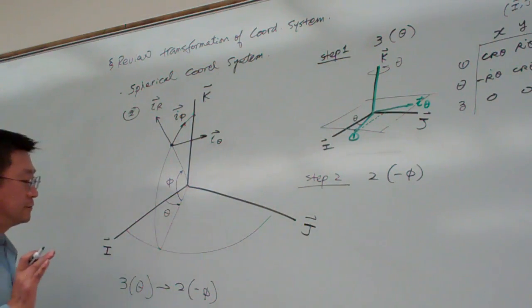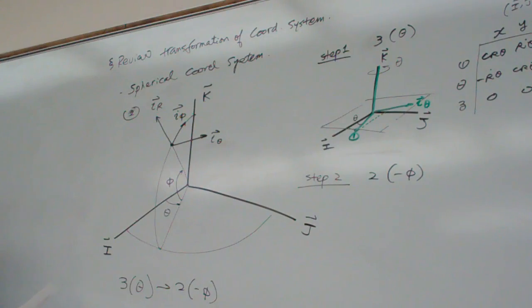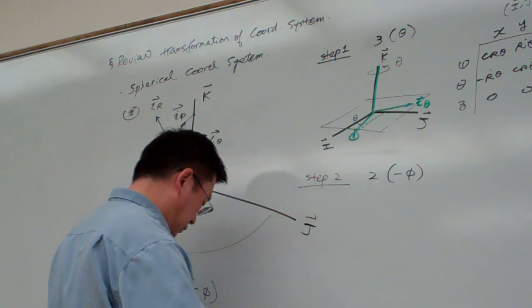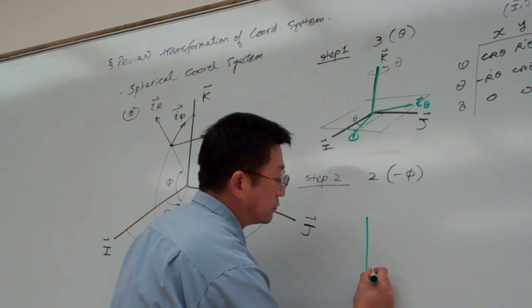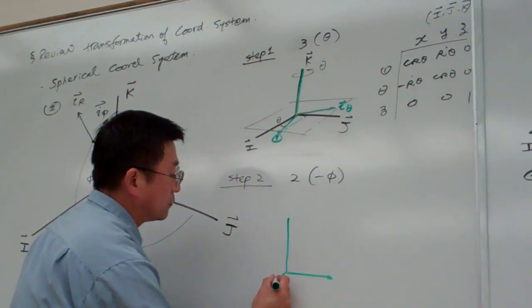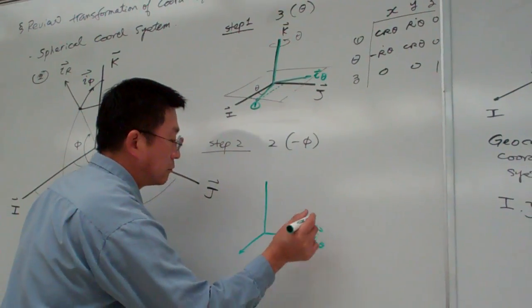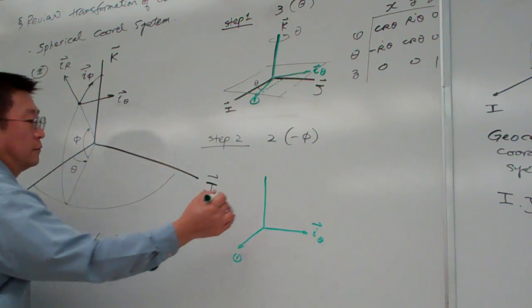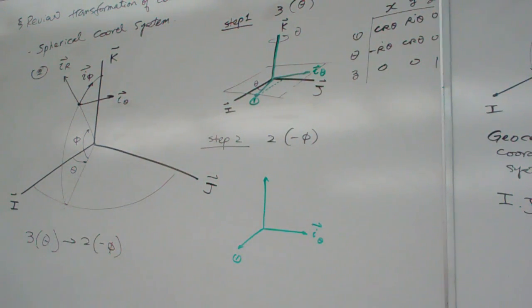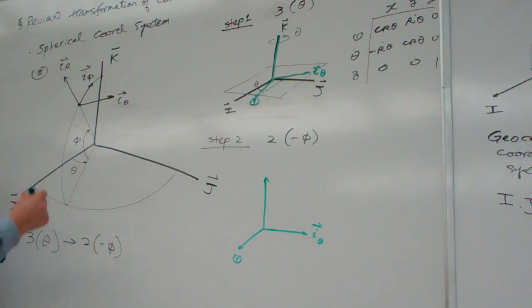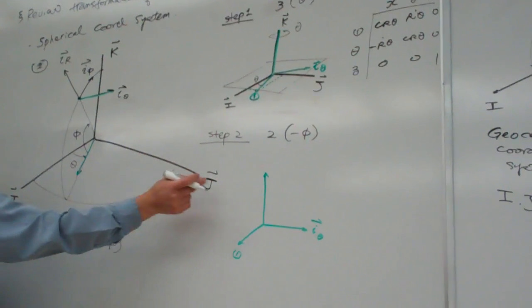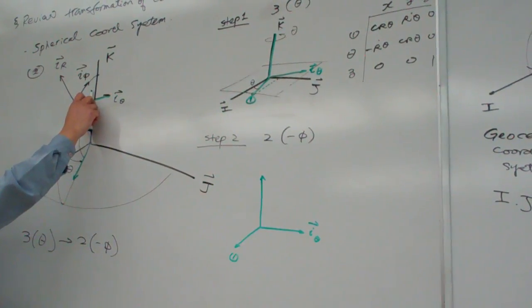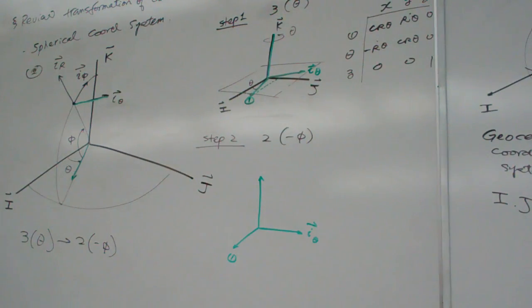Let me see. I think I have a minor mistake here. So let me see here. So let me draw the green one. Okay, so right now this one is aligned to here, and 1 is here, and this one is still here. Okay, so right now I want to rotate is simply